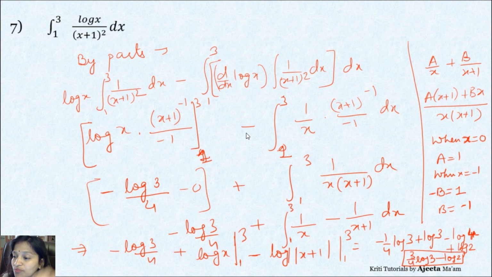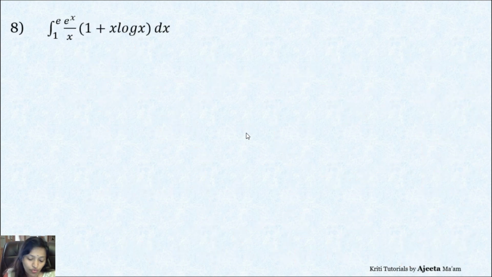And then we have to simply use it. So here we have used partial fraction also and by parts. Both the methods are used in the same question. Right? Now let's move on to the next. Now here how do we do? Let's move on. Now here if I take